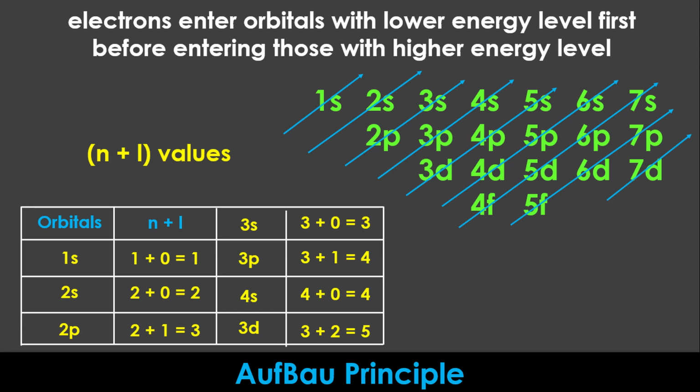Having understood what quantum numbers are and their importance in the electronic configuration of an element, we will apply that knowledge in writing the electronic configuration of the first 20 elements in our next tutorial using